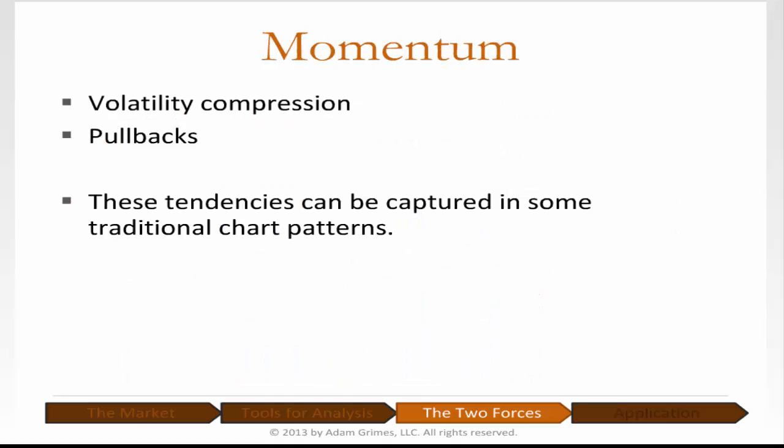Momentum. So we're talking about mean reversion. Momentum is the opposite, the tendency for market to make a big move and continue. And two conditions that set that up very well: volatility compression. That's what we had in the stock indexes today. We had a significant sell-off because we were alerted to that possibility because the volatility was very compressed.